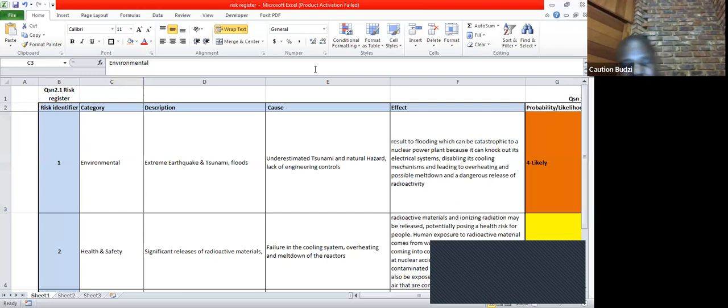Of course, relating to the case, and also some research surrounding the nuclear power plants and the risks involved. So this is a likelihood expectation scale